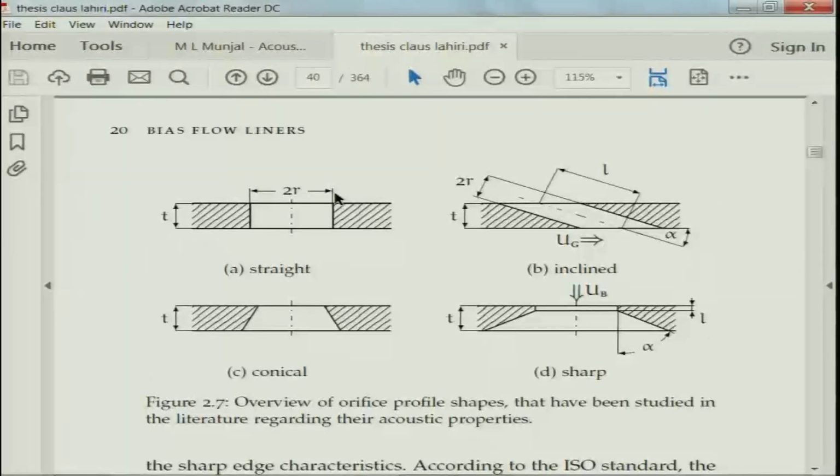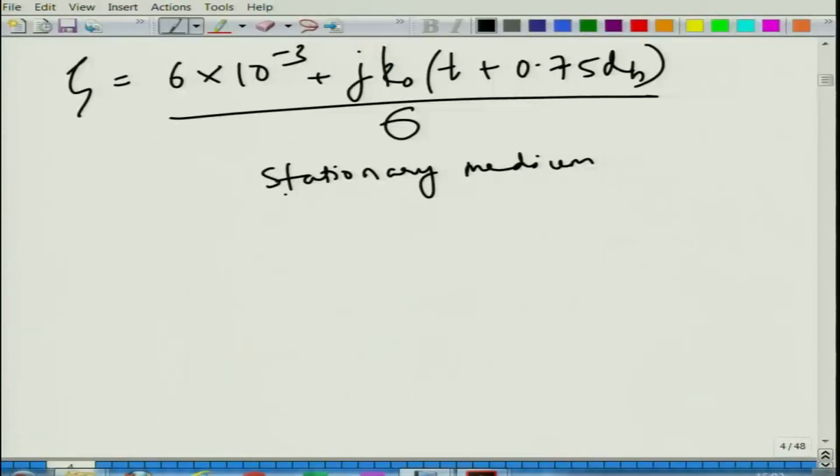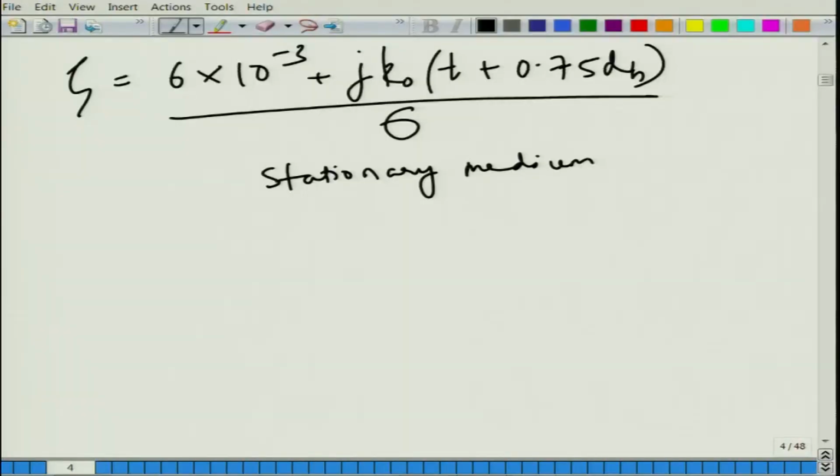So, basically what I am saying is that when the waves are forced to go through these small holes, viscous losses become very important here. One hole will not do anything; it is only the cumulative action of the small effects of each hole that adds up and gives you the overall effect in terms of some non-zero resistive part. But for a stationary medium, it is not very significant; it matters only when there is a non-zero mean flow, even for a grazing flow.